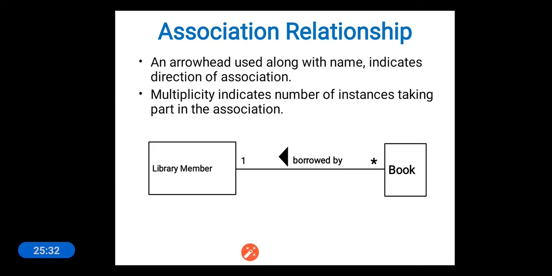part in that association. For example, if you consider a book class, multiple books can be borrowed by a library member. So if at all the library member is restricted to borrow only one book, then instead of the asterisk symbol, here we can have a 1. That is, a 1-to-1 relationship exists between a book and library member. But that restriction is not there, right? So if the library member is a faculty, then the faculty has a right to borrow any number of books. So in that case we can represent a star here. A star indicates more than one.